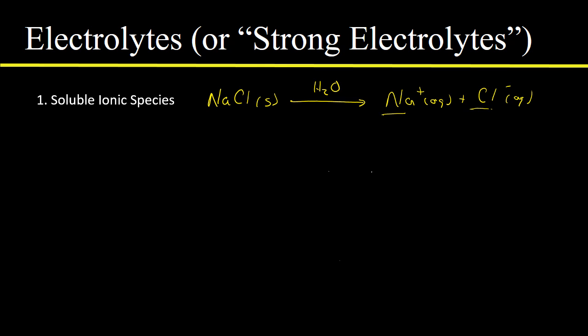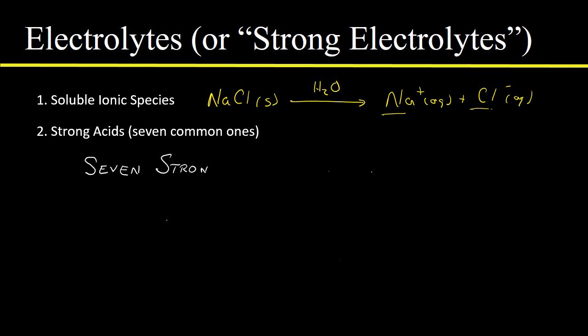All right. The other group of strong electrolytes are the strong acids. Okay? And there are 7 common strong acids. And these come up a lot, so you really need to know these. Fortunately, they're pretty easy to remember. You might make yourself a flashcard. There are some other strong acids that exist, but of common acids, things you're likely to run into, there are only 7 which are